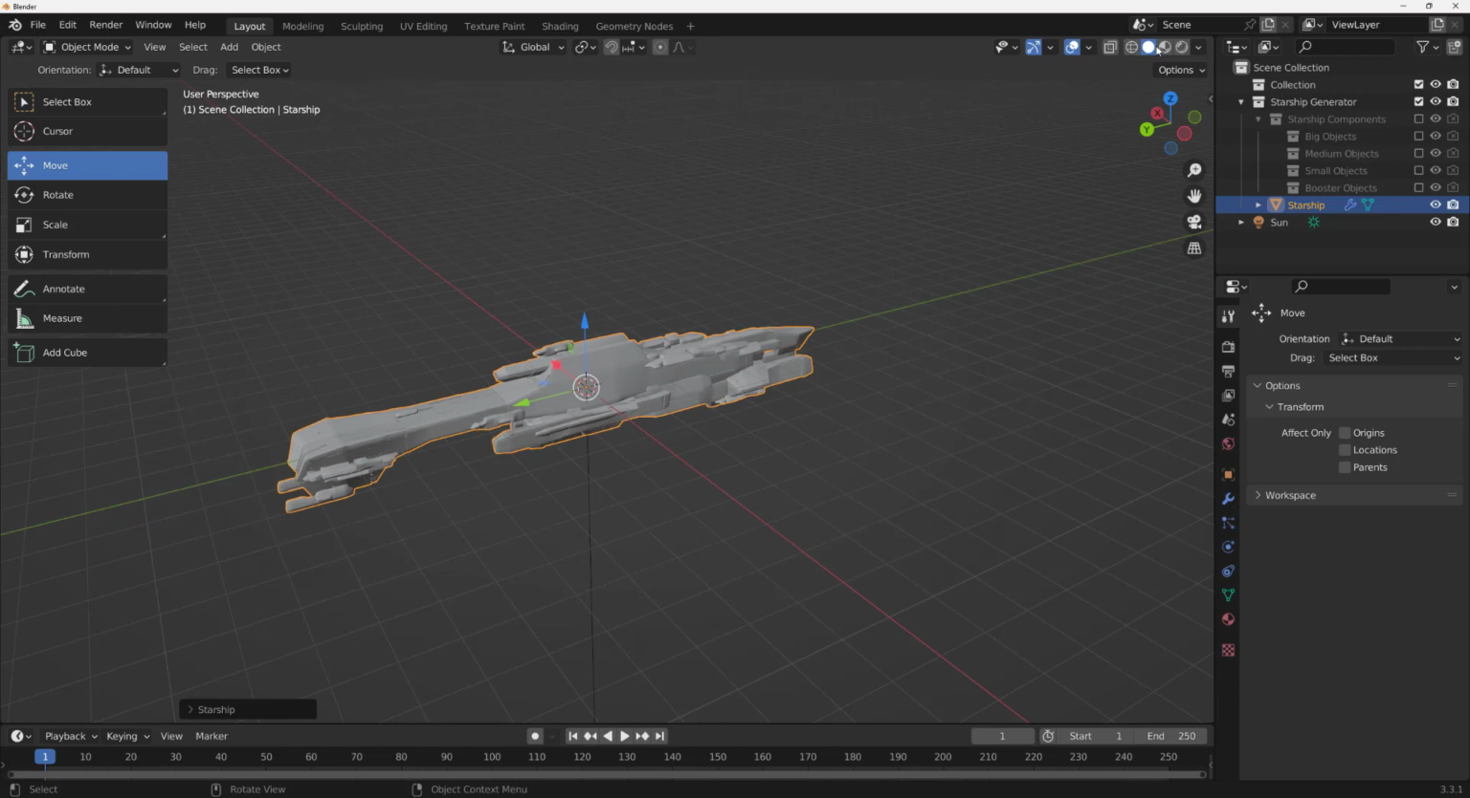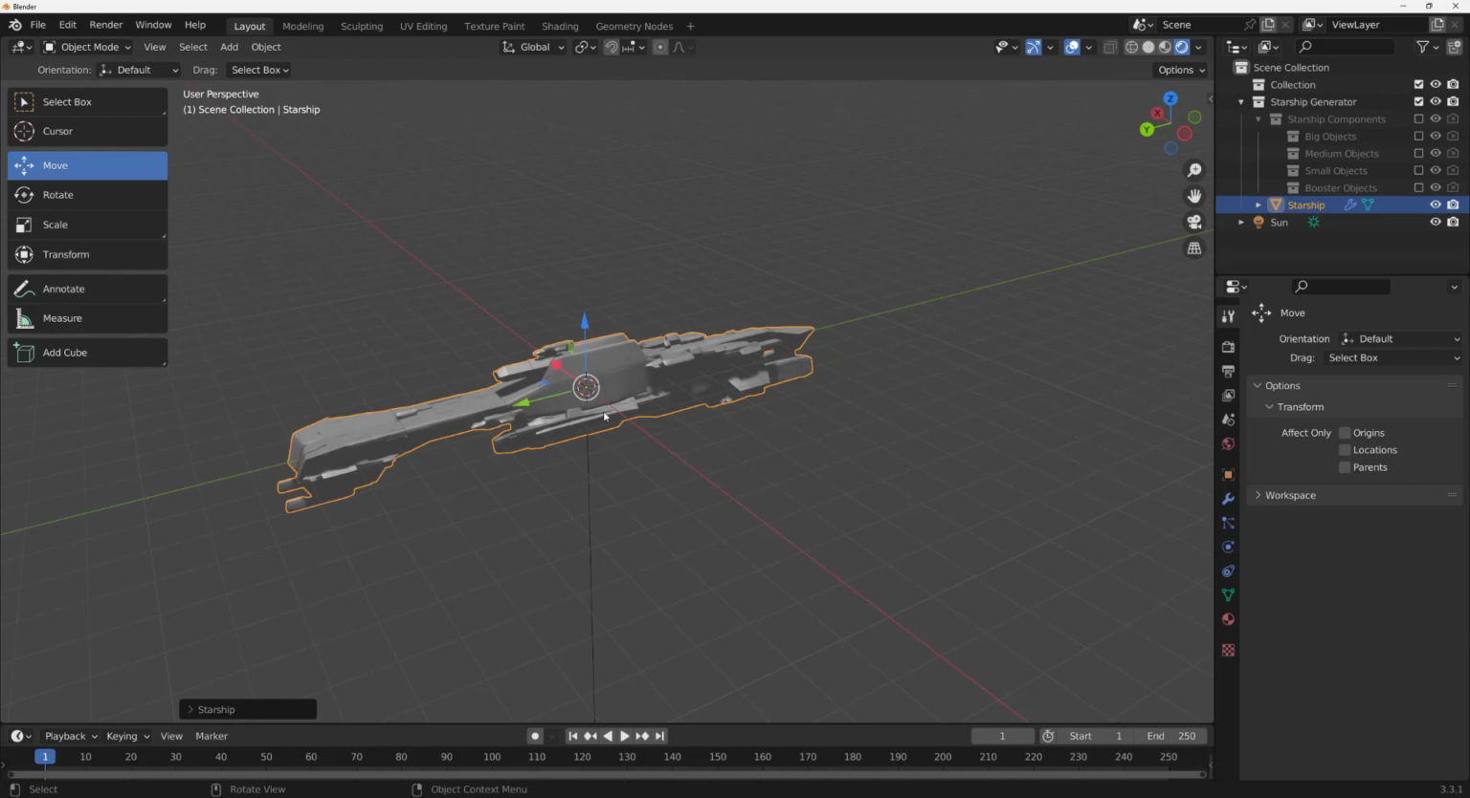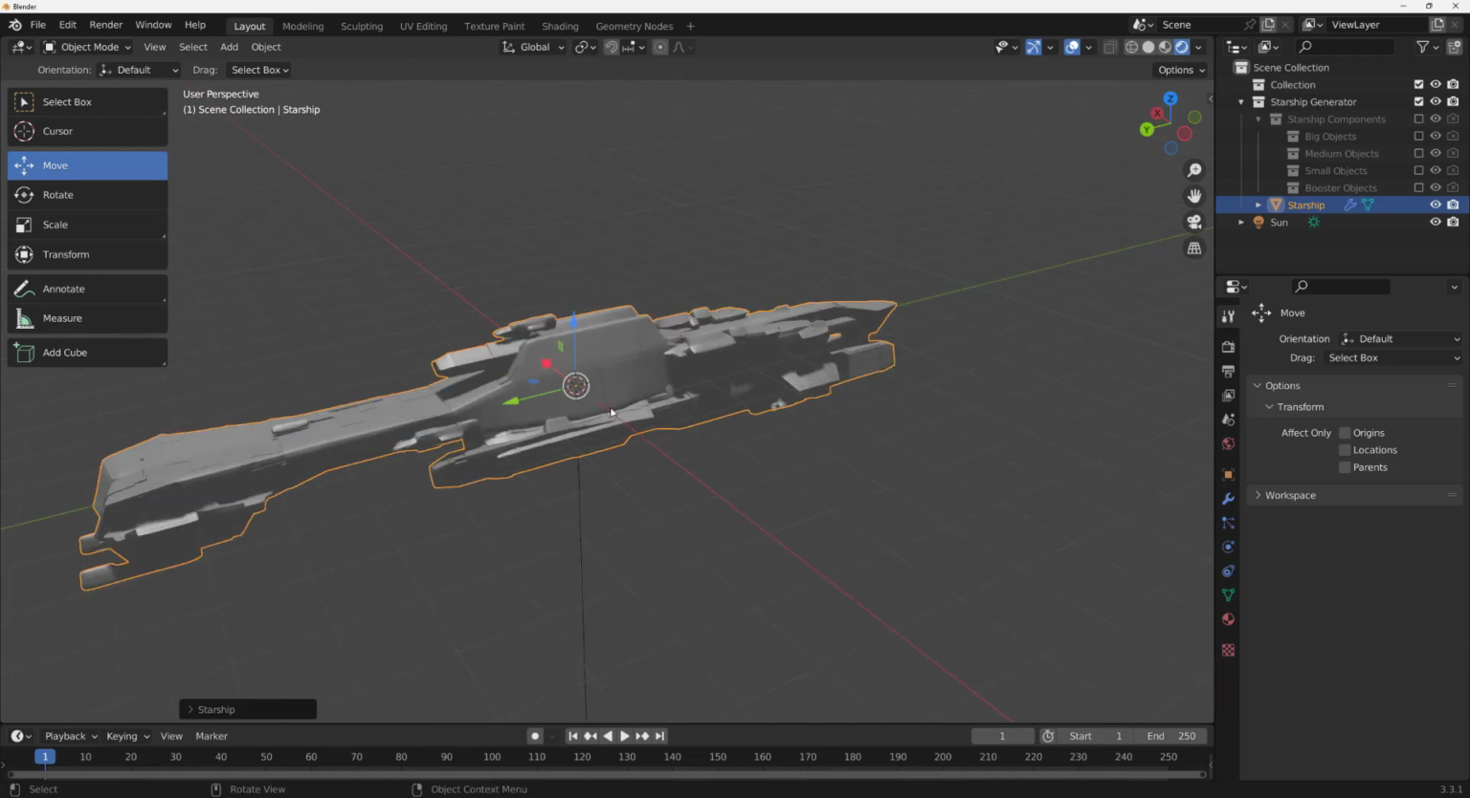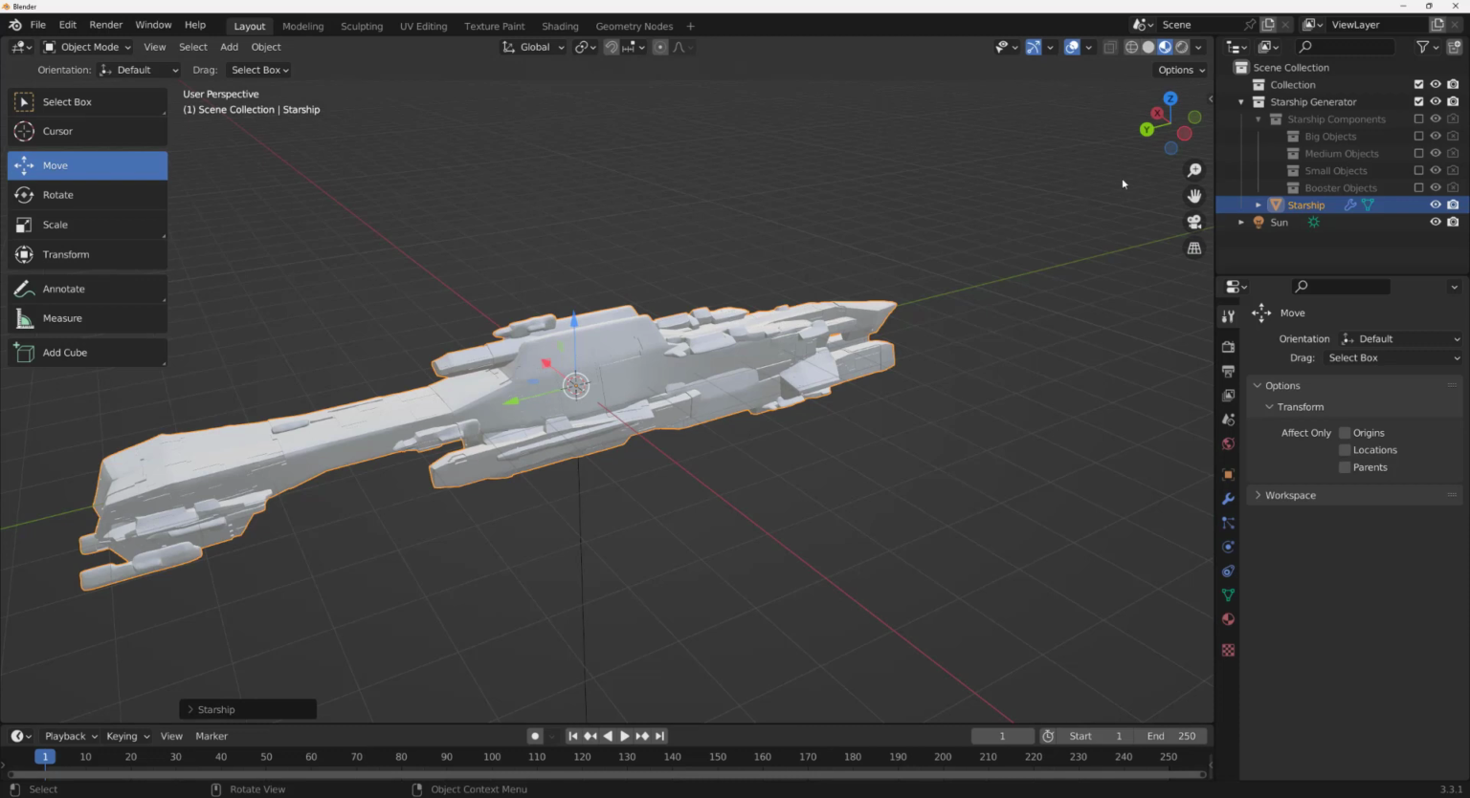So now I don't have the material and everything. I didn't apply that. I'm not really worried about that. I just like the starship. Now this is version 1.1. He just did an update, and